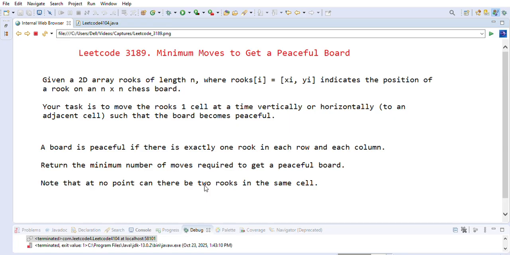Today we are going to solve a very popular matrix related coding problem. It's quite recent on Leetcode. It's 3189, minimum moves to get a peaceful board. So let's start, guys. Given a 2D array rooks of length n where rooks[i] equals xi, yi